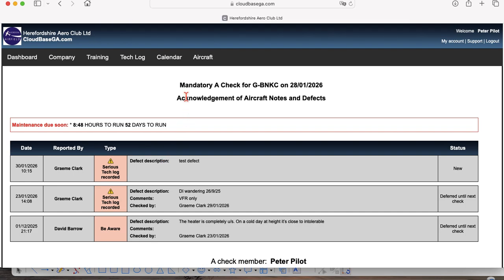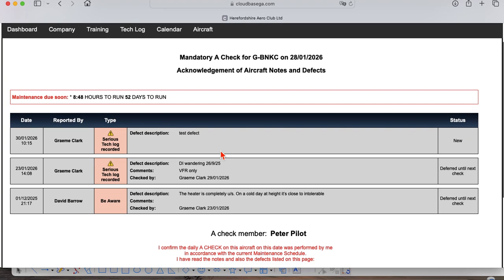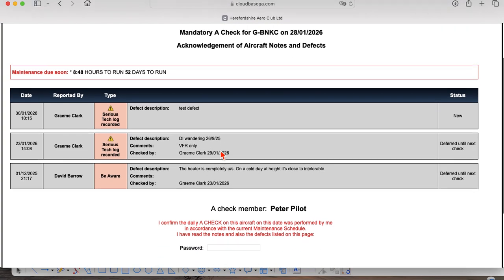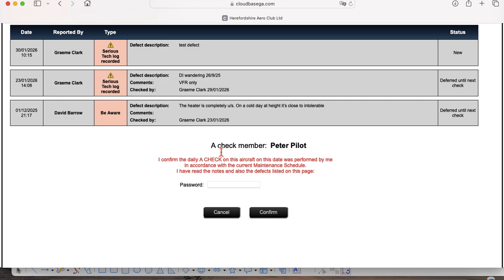Now the first thing that comes up, it says that the mandatory check is due on the 28th of January. We've got 8 hours 48 minutes to run, 52 days, and so on and so forth. And it's got the defects in here that we know about, so you can read those. So first flight of the day, you're going to be doing a daily A check on the aircraft, and you basically sign it by putting in your password here. So you're signing that you've done the A check. You're also signing that you've read the defects. So you type in a password,